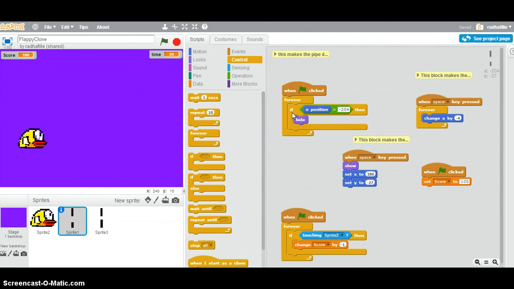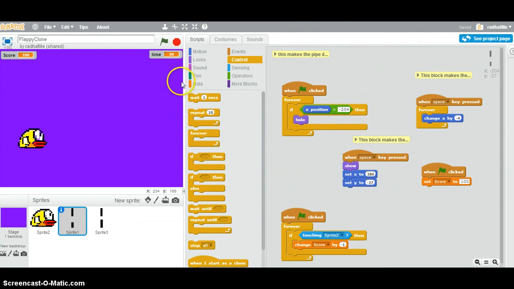And in this case, this block controls the pipes moving to the left, and when it gets to this x coordinate, -204, then I say hide, which gives the appearance of the pipe starting back over to the right side and coming back at Flappy, which is controlled by clicking on the space bar, show it at its set position